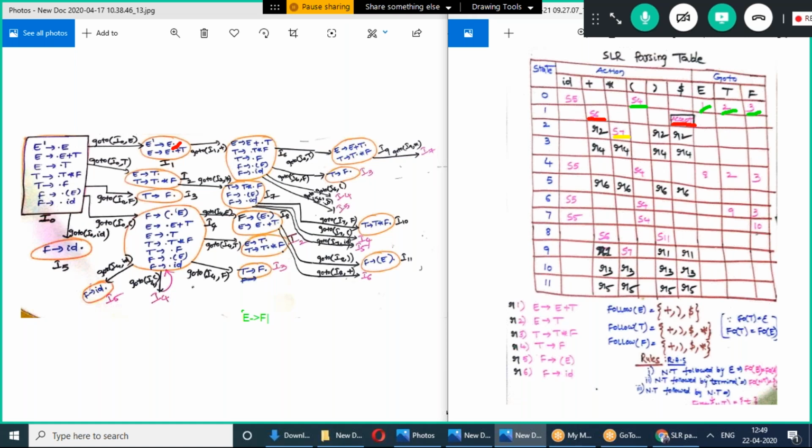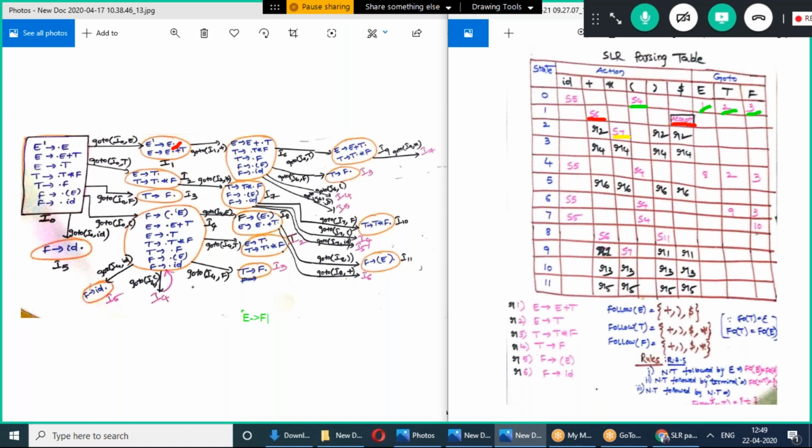Suppose another rule, E tends to F, is there. We want to find the follow of F, but here there is nothing following F. After F there is nothing. So in this situation, follow of F is equal to follow of E only.